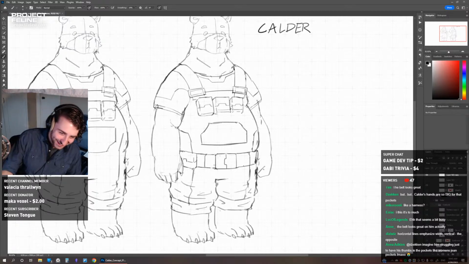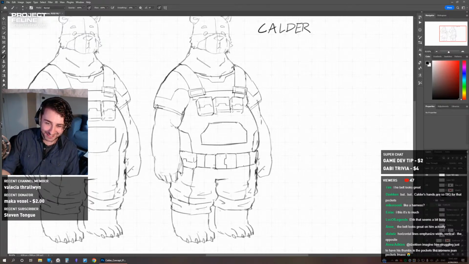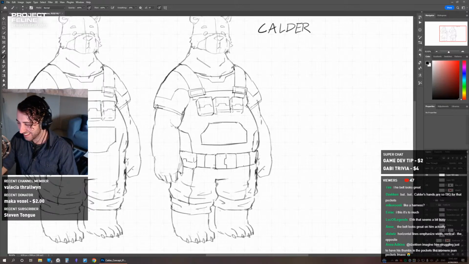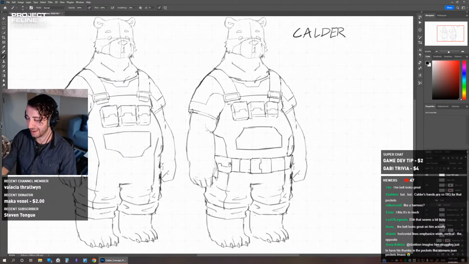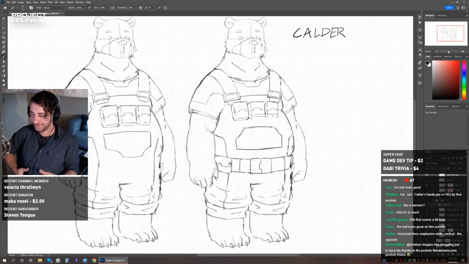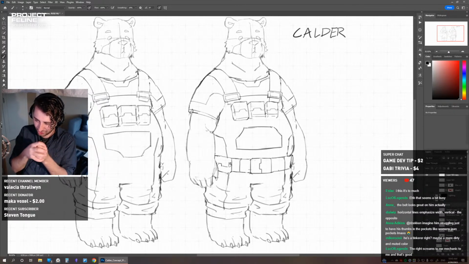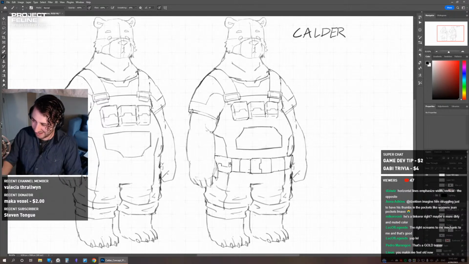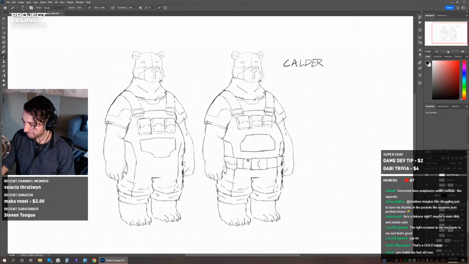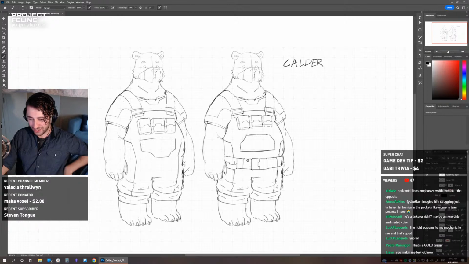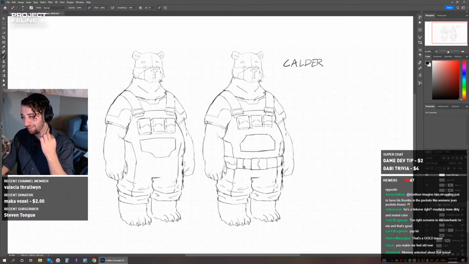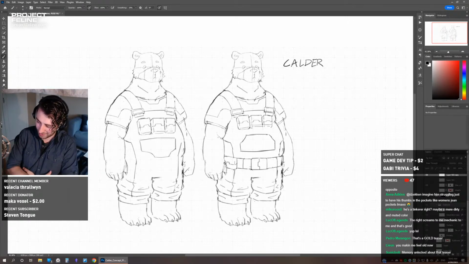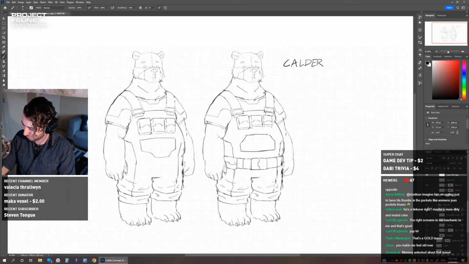Imagine him struggling just to have his thumbs in the pockets like women's jeans. Well, hey, look, I'll do a trick where when he puts his hands near his pockets, I'll take the bone in his hand and shrink the scale down and have them in there. I mean, think about it. Cartoon characters can fit anything in their pockets. I've seen people whip out an entire tennis racket from their pocket. So if people can fit a tennis racket in their pocket, Calder can fit his fists in his pocket, okay? That's the rules. I don't make the rules. That's just how it is, okay?